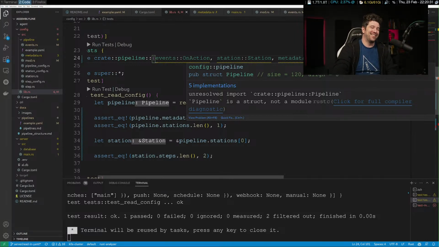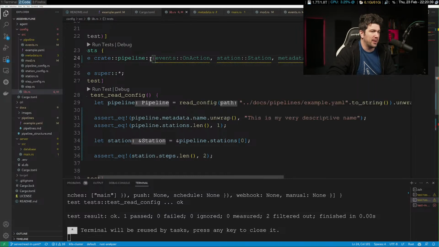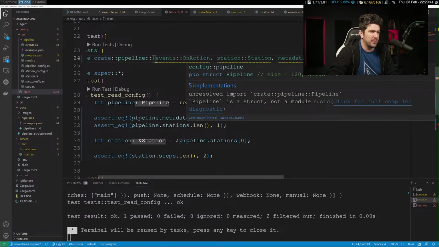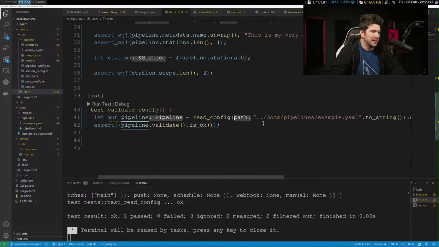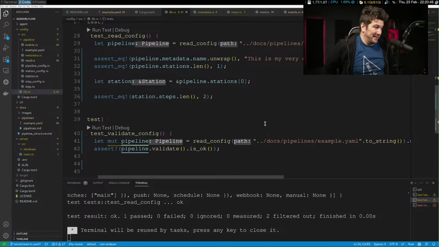Saving all the things I couldn't fix as first issues. Okay. Can unresolved import create pipeline. Wait. Pipeline. Okay, yeah. One second. There we go. I just threw an extra pipeline in there. That's how I roll.